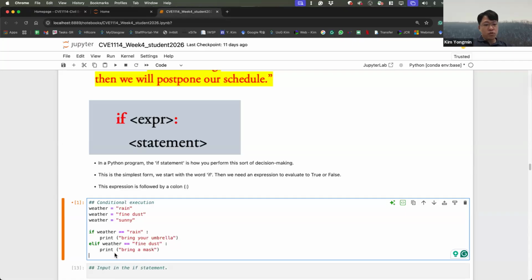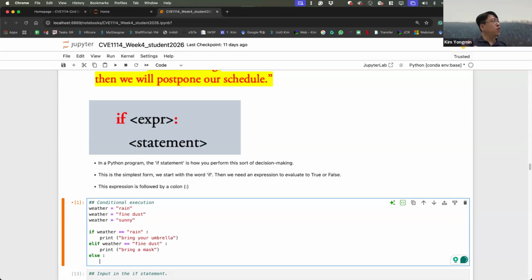And then we also have else. Otherwise, we only have the last option, which is the sunny day. Weather is nice.